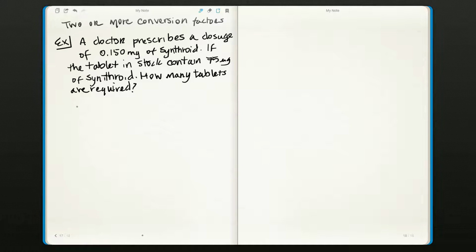Okay, so again, follow the steps. This will make it a lot easier for you guys when you're starting out. Once you get the hang of it, you don't have to write out everything, but for the time being, write out everything. Okay, so you are given 0.150 milligrams of Synthroid and one tablet